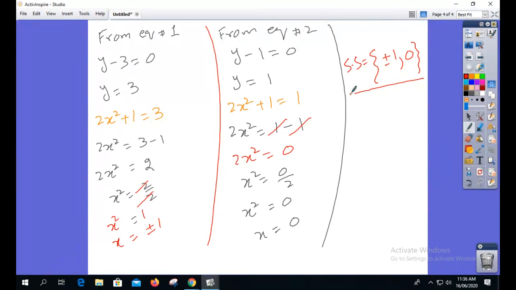Do you have any problem? Then ask me. Is it clear to everyone? Yeah. Okay, just substitution is difficult. When you substitute, it will convert into a quadratic equation, and you can solve by factorization or by completing the square. It's up to you which method is easy for you.